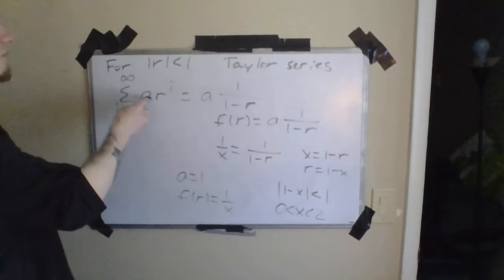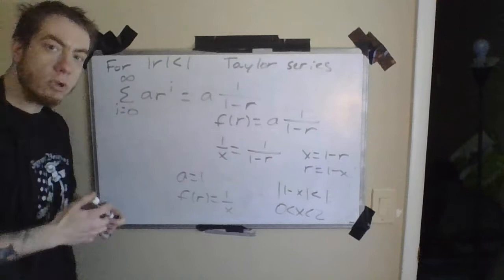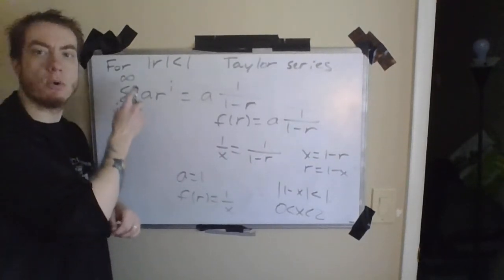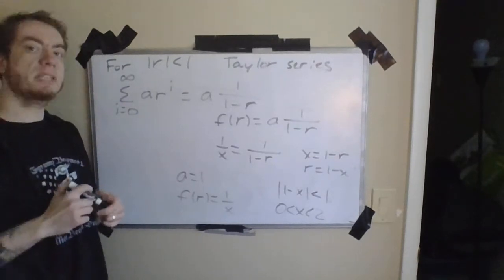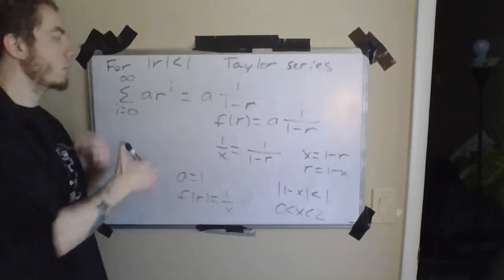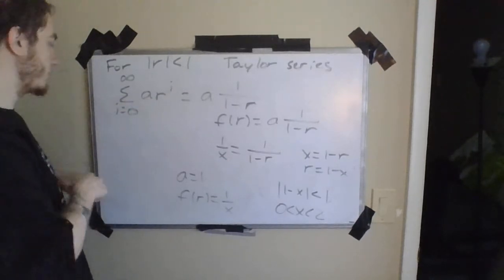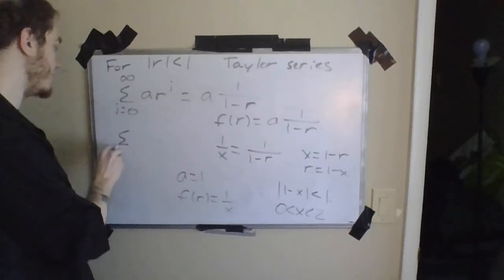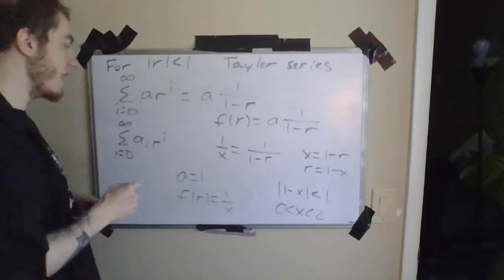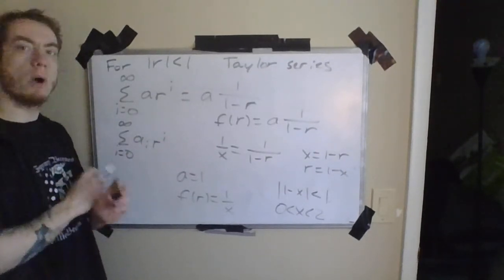if you were to take a function defined in terms of r by a series like this, look at what happens with the derivatives. The derivatives are all going to depend upon these coefficients. And so there's going to have to be a relationship between these coefficients in here. Well, okay, so this is a specific geometric series, but let's suppose that these coefficients varied. So let's suppose that we had something like, instead, the sum from i equals 0 to infinity of a_i times r to the i. Then these a_i coefficients are going to have to depend on what we want the derivatives